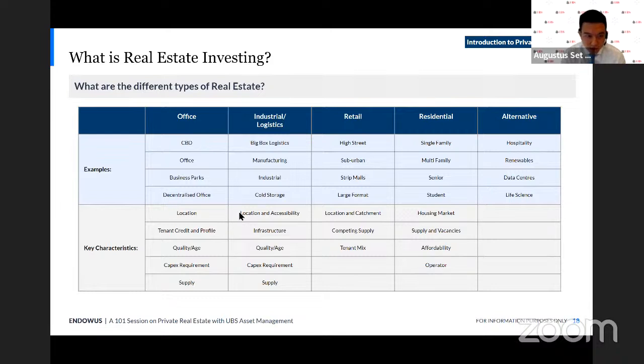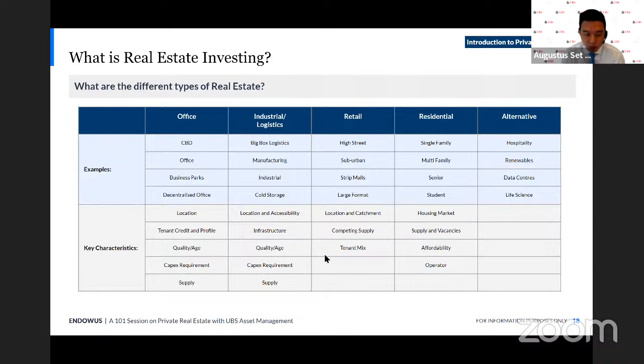In logistics, I have down there, location is also important, but I wrote location and accessibility. I guess a little bit different from office, right? You don't actually have to have the warehouse located right in the CBD or in the central, but accessibility in terms of it might be good to be located close to, let's say, the exits or the entrances of highways that are well connected to different parts of catchments of people.